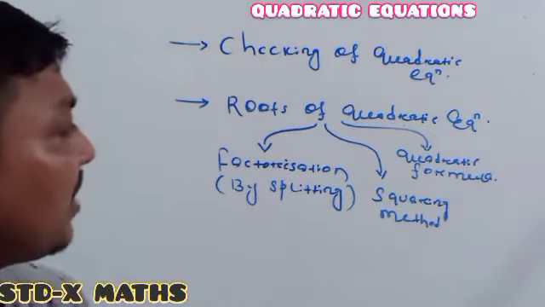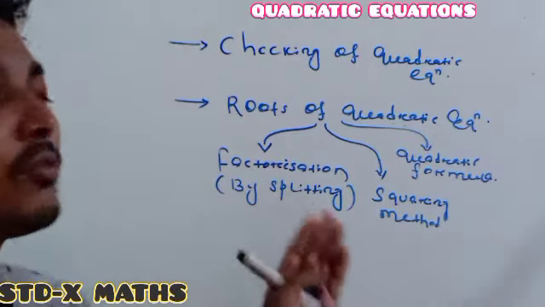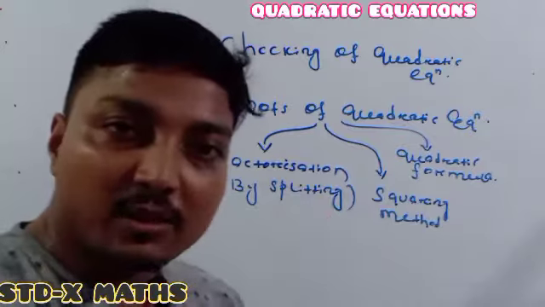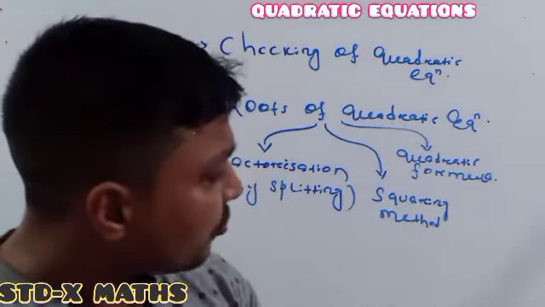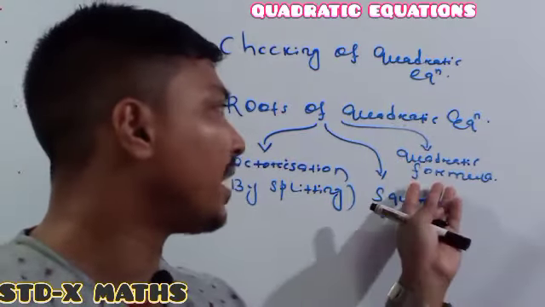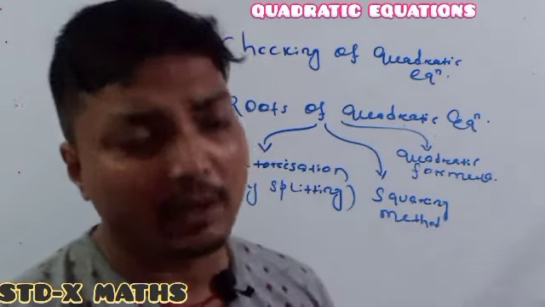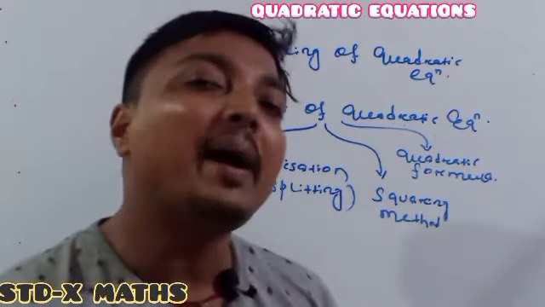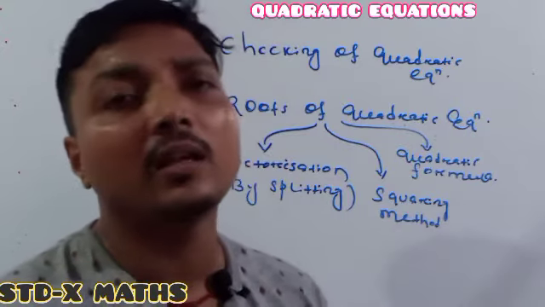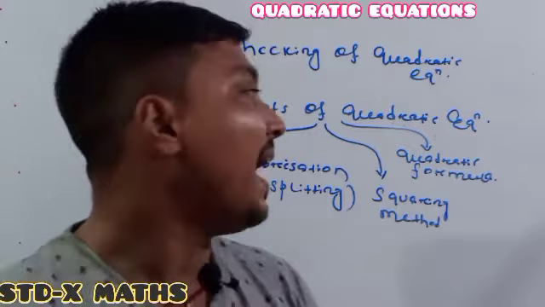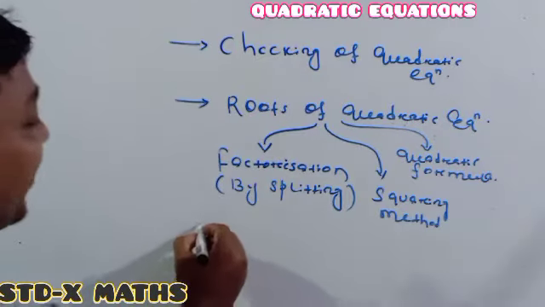So a question may come that you have to find out the root of the quadratic equation by using our factorization method, otherwise by using your squaring method, otherwise by using our quadratic formula. Otherwise one can say that directly you have to only find out. So only find out means whatever method you feel comfortable with, in that method you have to find. Ready? And the next one, and the last point to be discussed,